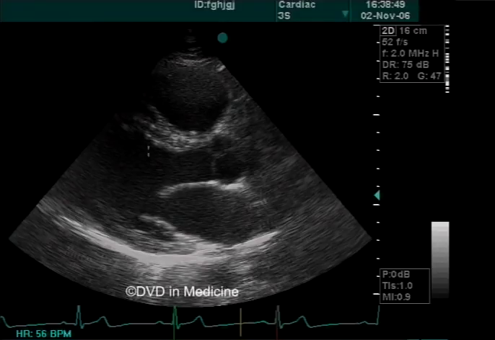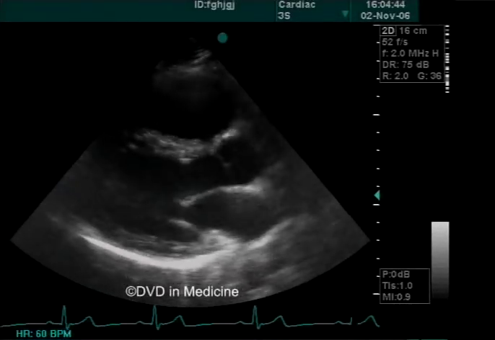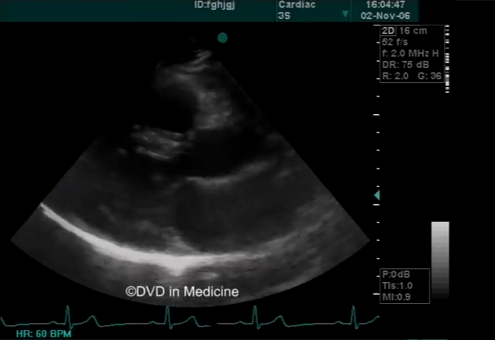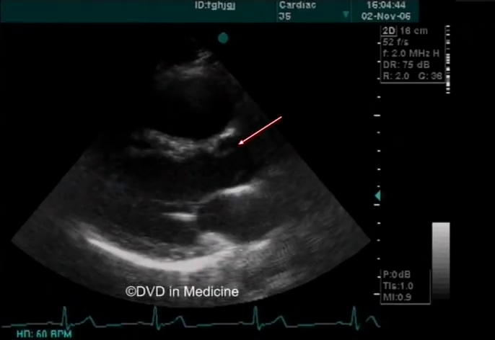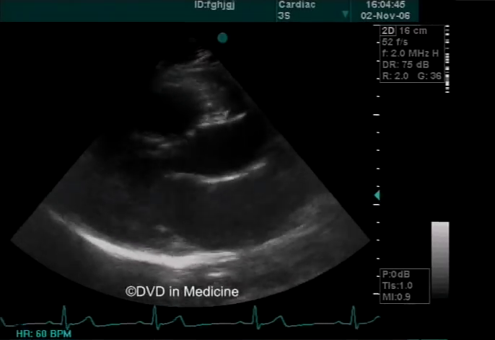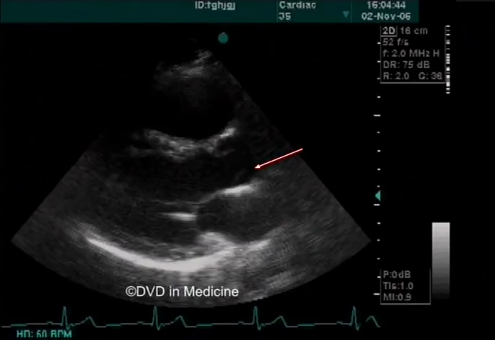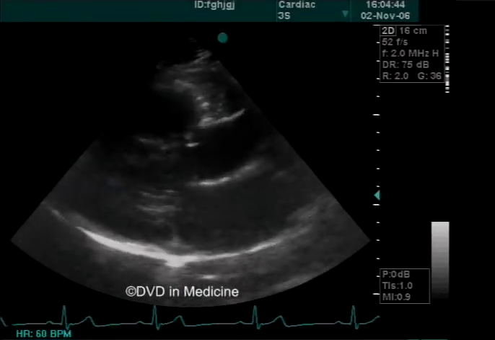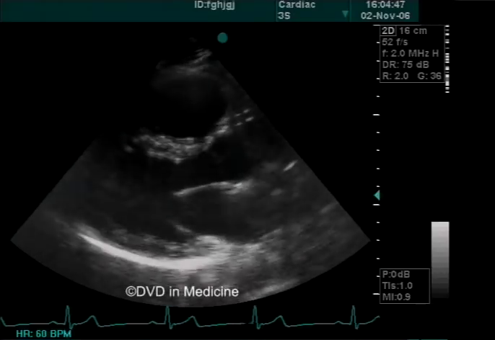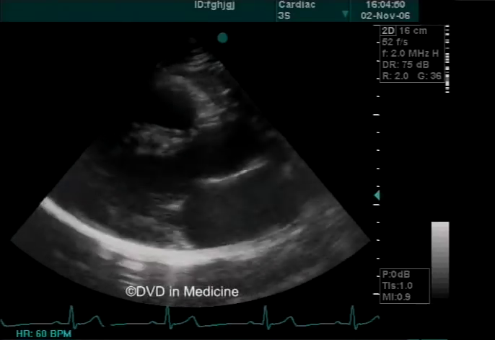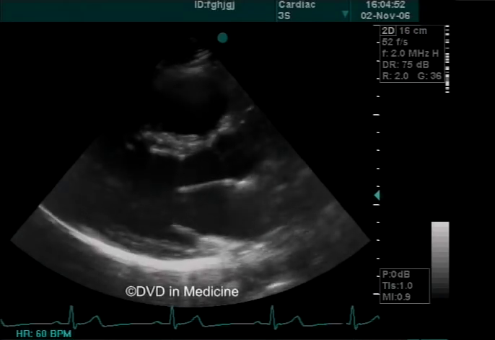The interventricular septum directly continues into the anterior aortic wall, and the anterior mitral valve leaflet continues into the posterior aortic wall. In the root of the aorta, one will see the motion of two aortic valve leaflets. The upper leaflet is always the right coronary leaflet of the aortic valve. The lower leaflet can be the left coronary or non-coronary leaflet of the aortic valve, depending on how the scanning plane has been angled. In most cases, one cannot clearly discern the motion of the aortic valve leaflets because they